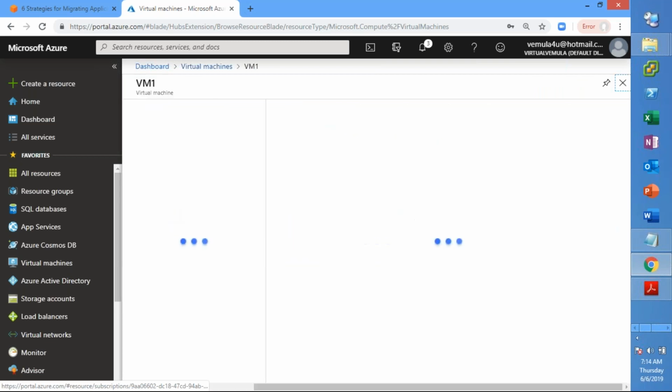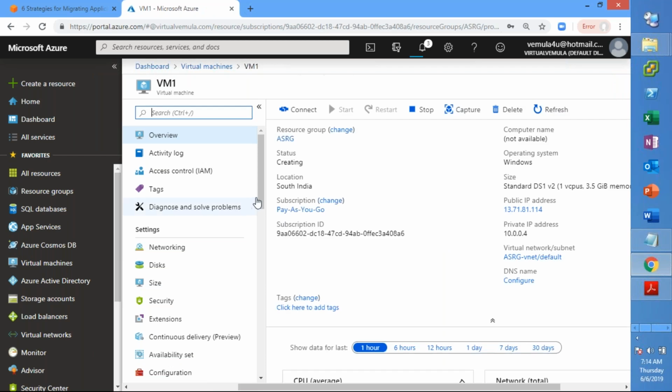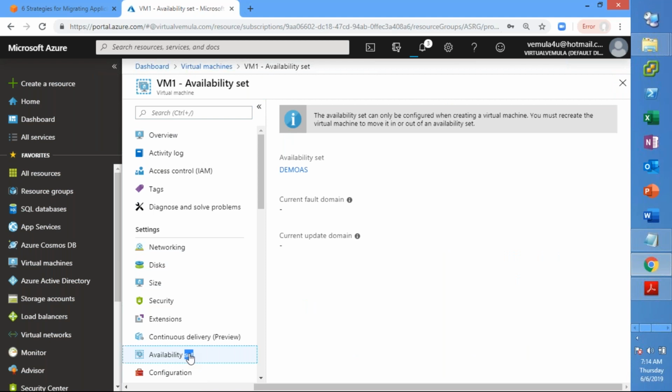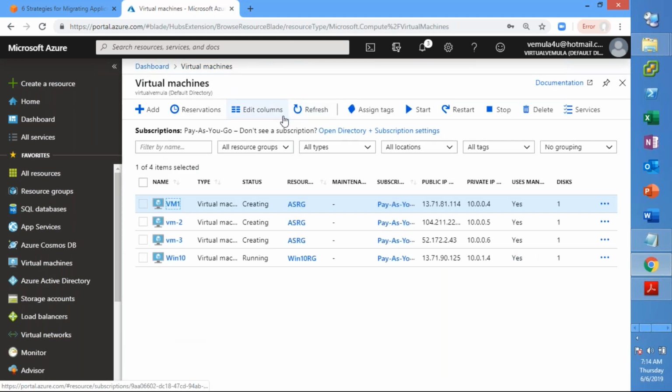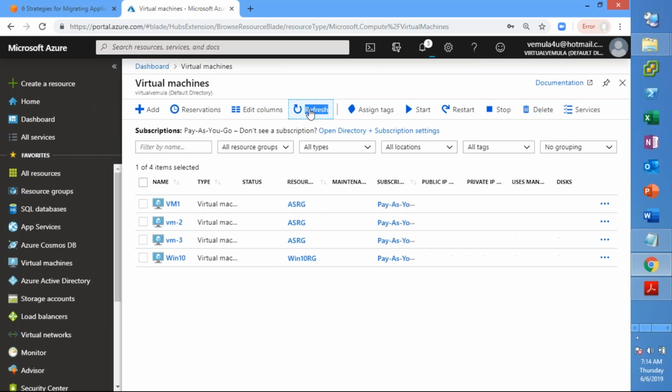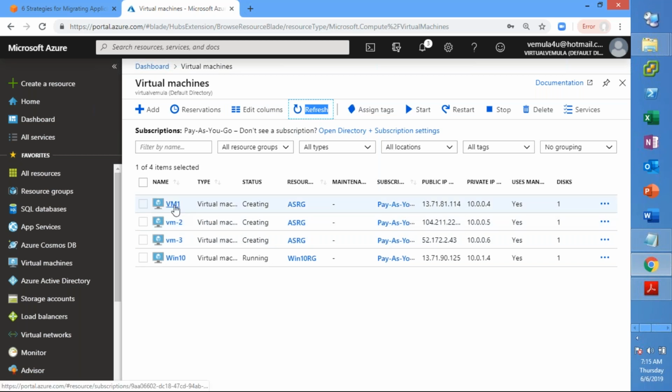Let me go and quickly see within the availability set. So it is still updating, it seems, still creating, but we'll be able to see which fault domains and update domains this particular VM is in. Just let us wait for a minute or so. Once the VM is created, then you will be able to see all these VMs part of different fault domains